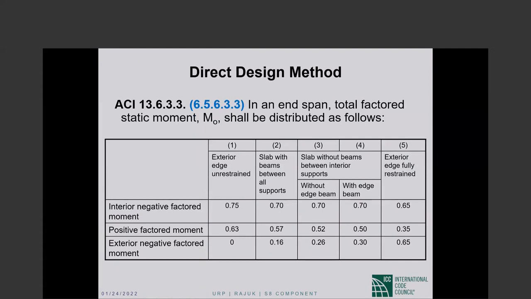So I am emphasizing, you must have noticed throughout the presentation, the flat plate: the slab supported directly on columns, no local thickening like drop panels, and no edge beams. Okay, this is our column. Slab without beams between interior supports, without edge beams. Okay, if that is our case,